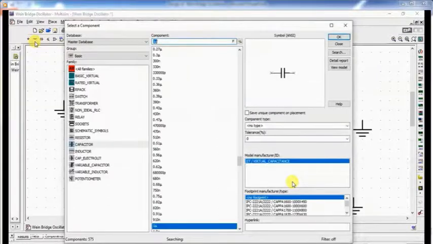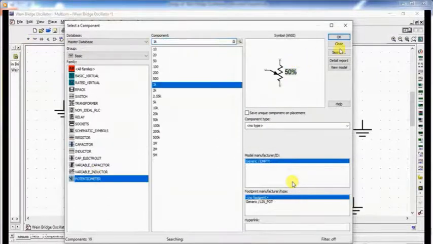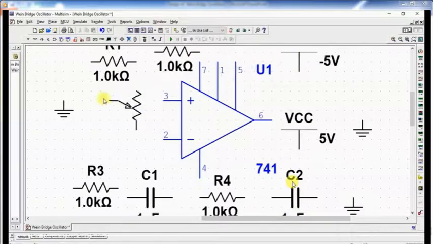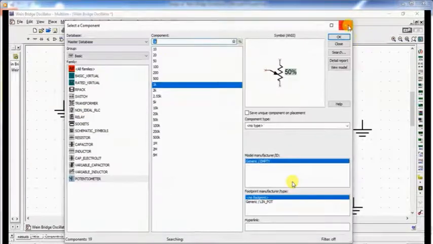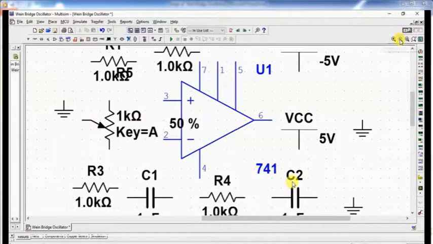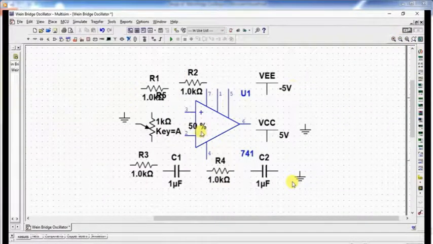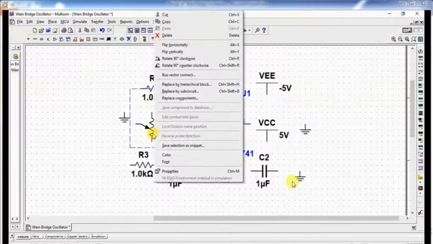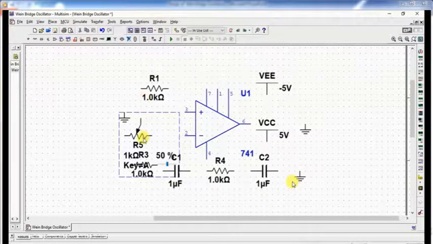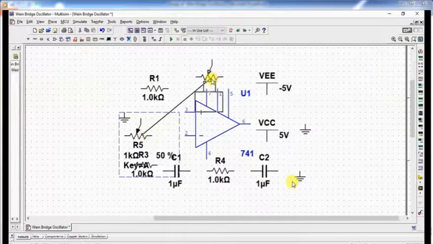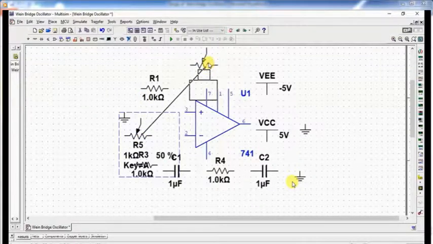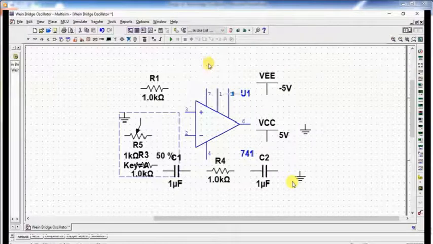Now the variable resistor is also required in the circuitry, so select the variable resistor and drag it, and then flip and rotate this resistor. Now connect all the components.